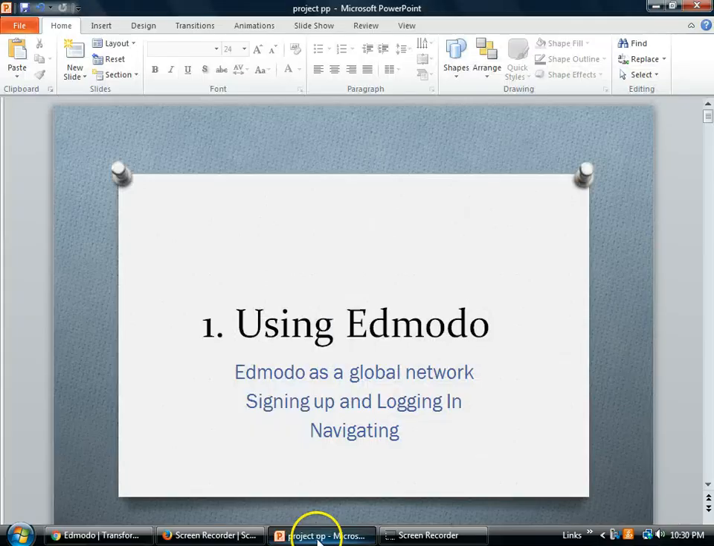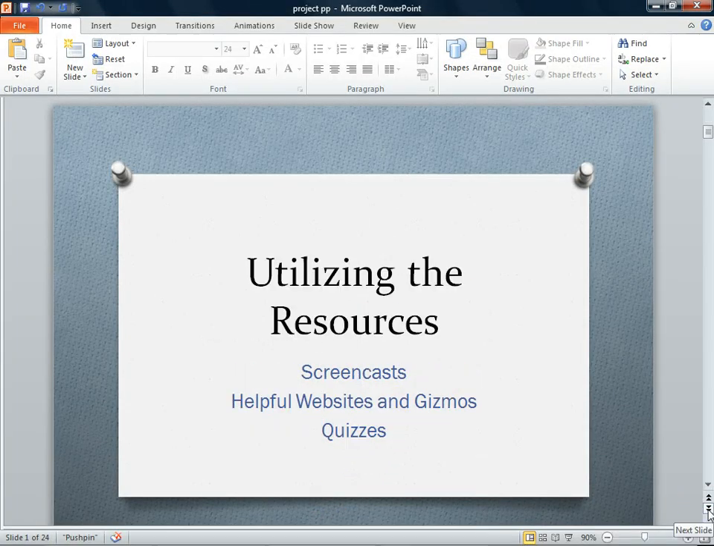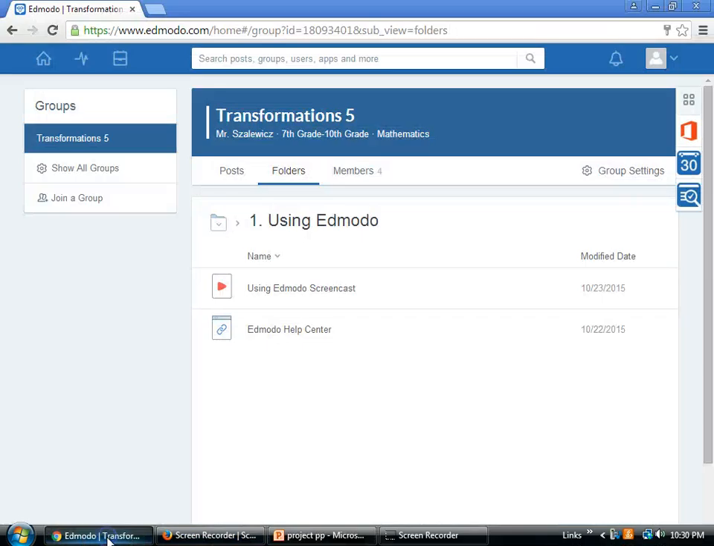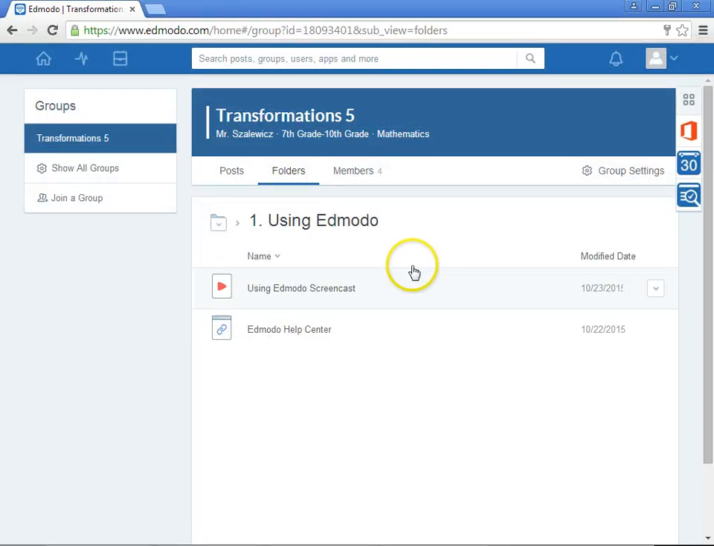So that takes care of the navigation. The resources here, the screencast is where your information is going to come from. I will do everything from give direction in the screencast to give examples in the screencasts. And as I mentioned, those screencasts are listed